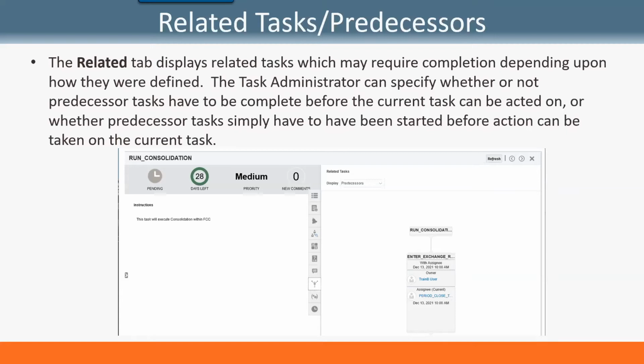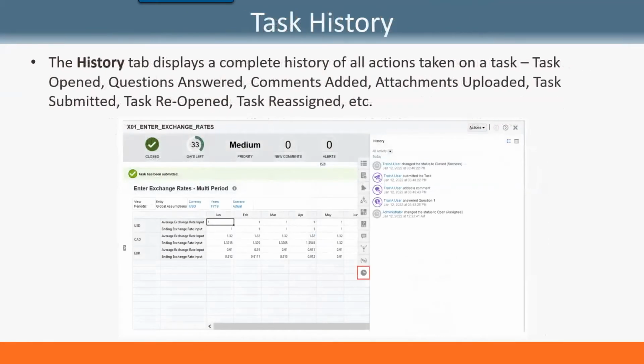In this example, the enter exchange rate task must be complete before the run consolidation task can be started, right? Because there's no point, again, in running consolidation if you don't have exchange rates. Now, the best thing about Task Manager, similar to Account Reconciliation Cloud, is you have endless history about everything that